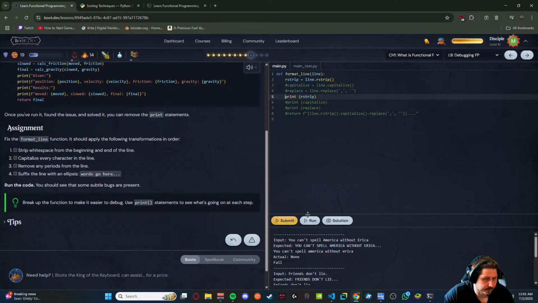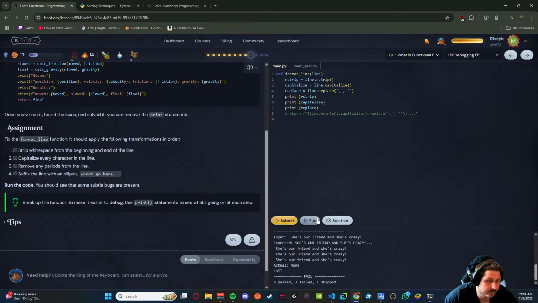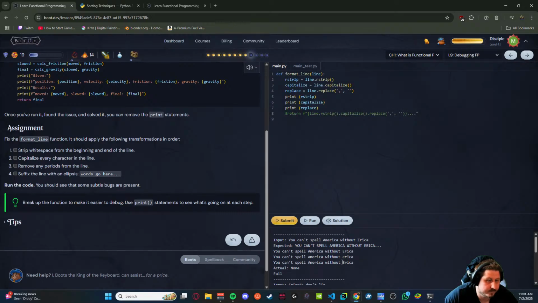So what does R strip do? I need to capitalize everything though, right? Strip white space from the beginning and end of the line. Fix the format line function. It should apply the following transformations in order.